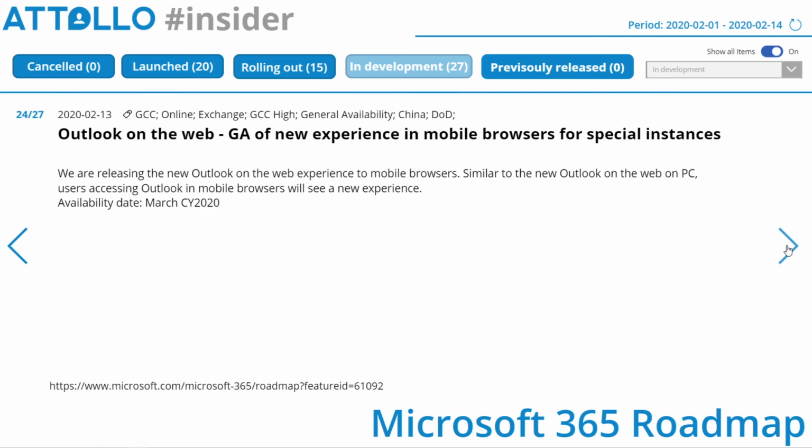Outlook on the web, GA of new experience in mobile browsers for special instances. This is a GCC box of